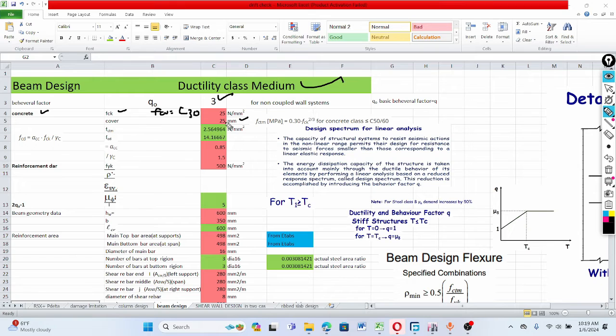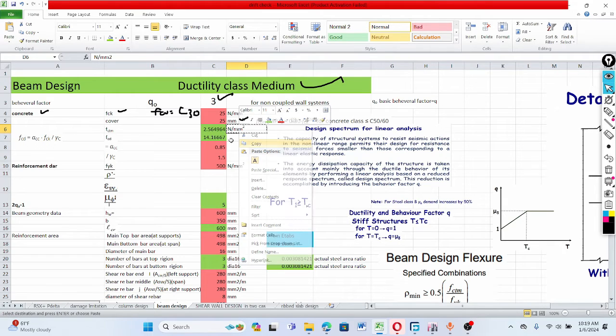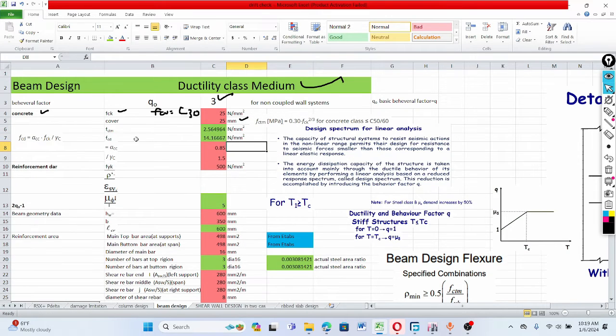Based on this provided data, we can determine the mean tensile strength of the concrete. That means the FCTM, which is equal to 0.3 times FCU to the power of 2 over 3 for concrete class having the cube strength less than 60. Based on this, FCTM is equal to 2.564 Newton per millimeter square. So FCD, how much is it? It is 40.16 Newton per millimeter square. That is the design strength of